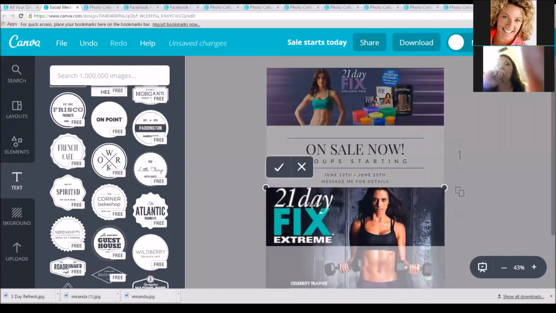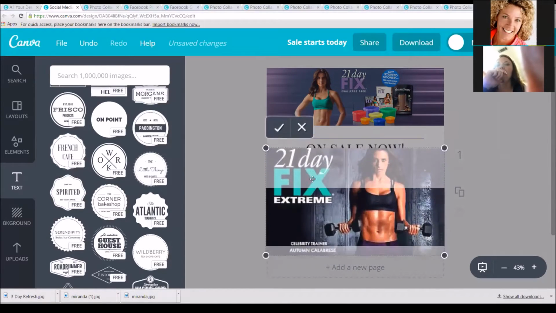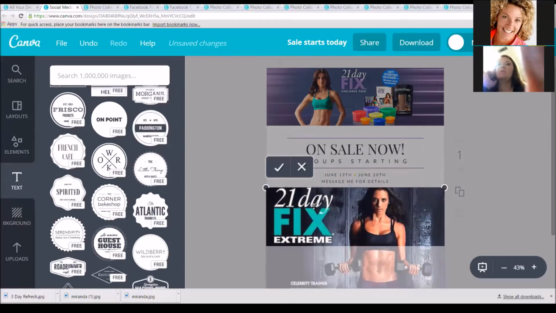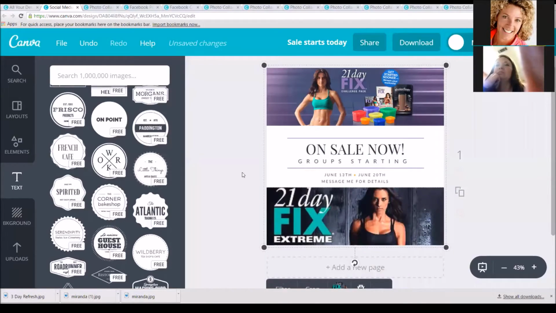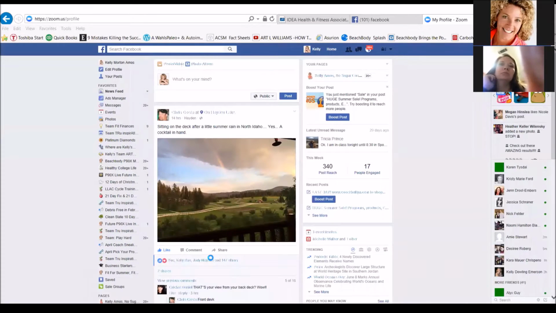21 Day Fix Extreme, there is no banner that works. So I had to take this thing, which is a little bit bigger, and use it. And you can see how the quality of this image is not the quality of that image. 21 Day Fix Extreme, I can't find good stuff. So again, one of the things that I will do is, as far as finding images,